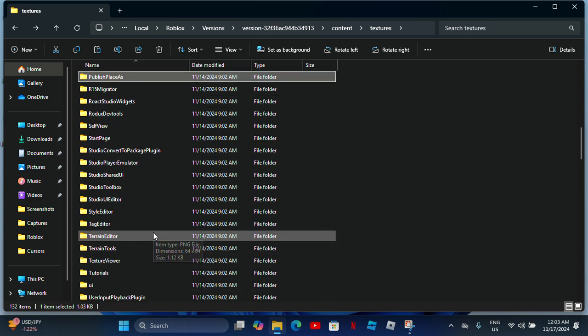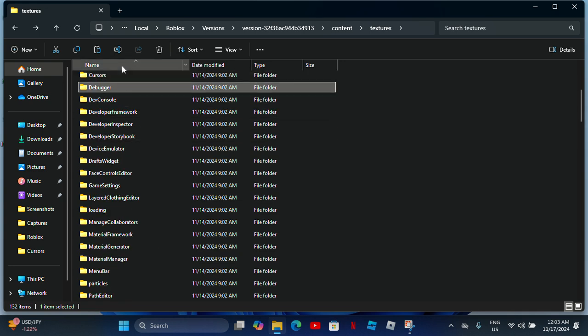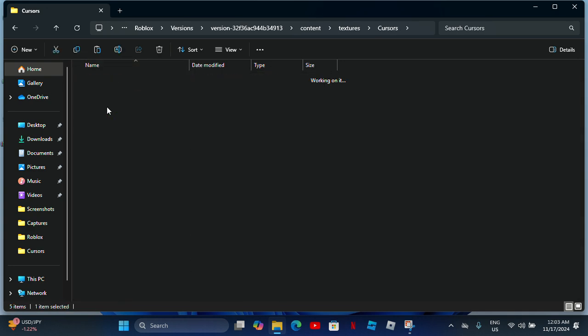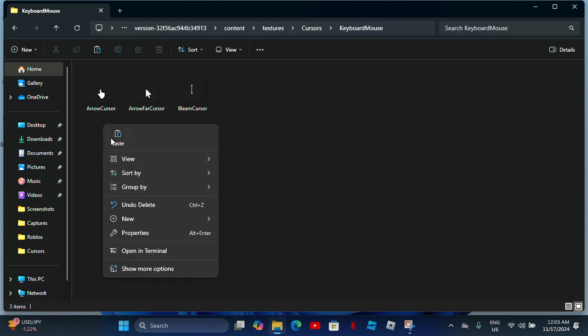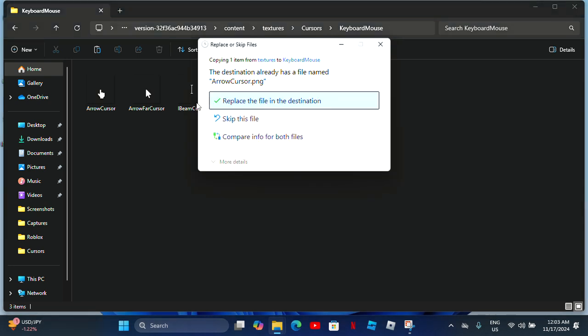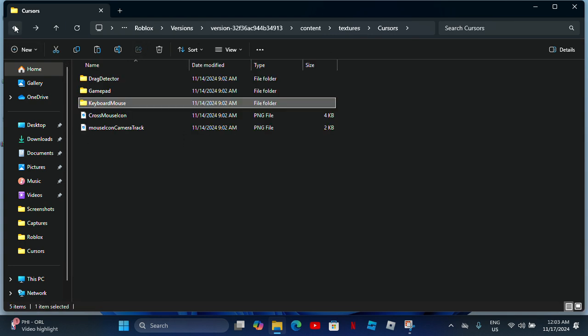Go up, go to the cursor, go to the cursor again, and keyboard, mouse. Now right click, paste. Replace the file in the destination. Click that. As you can see, I changed it to an old arrow cursor.